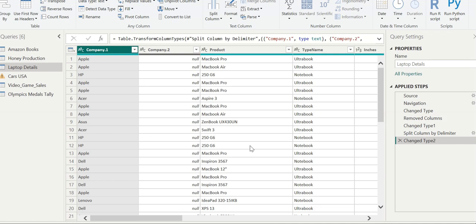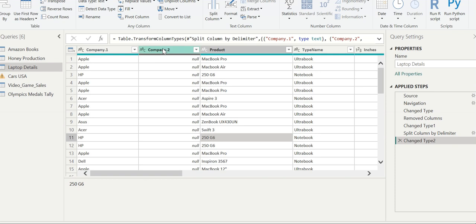Oh, what we have done, we have selected some wrong column, I guess. Yes, what we have done, we have split the wrong column.